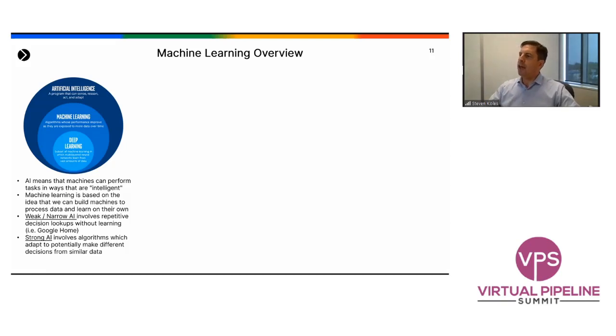There are different versions of that. People are very familiar, of course, with what we call narrow AI, examples like Alexa or Google Home, where we have Boolean logic and nested if-then analysis, which can be very predictable, although very generic in that it doesn't necessarily lend itself well to specialized or industrial applications. Machine learning, which is a subset, takes a more strong AI approach and migrates to the ability